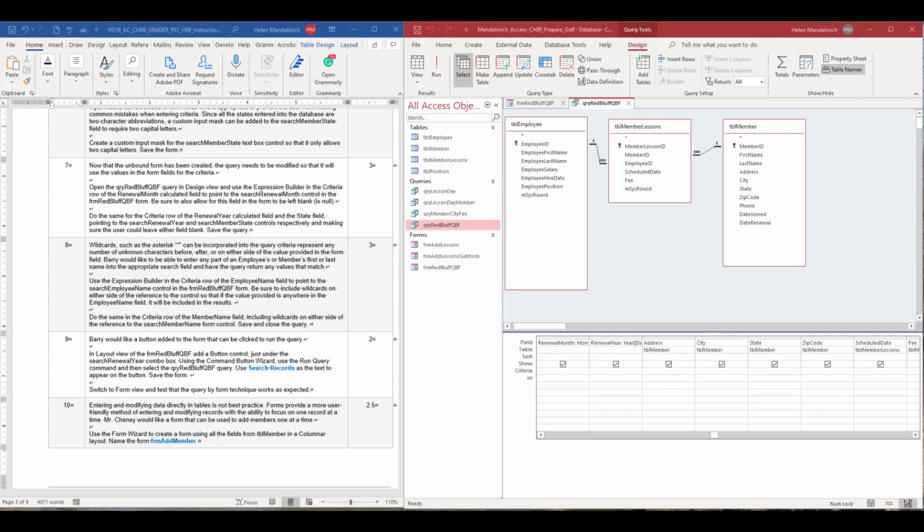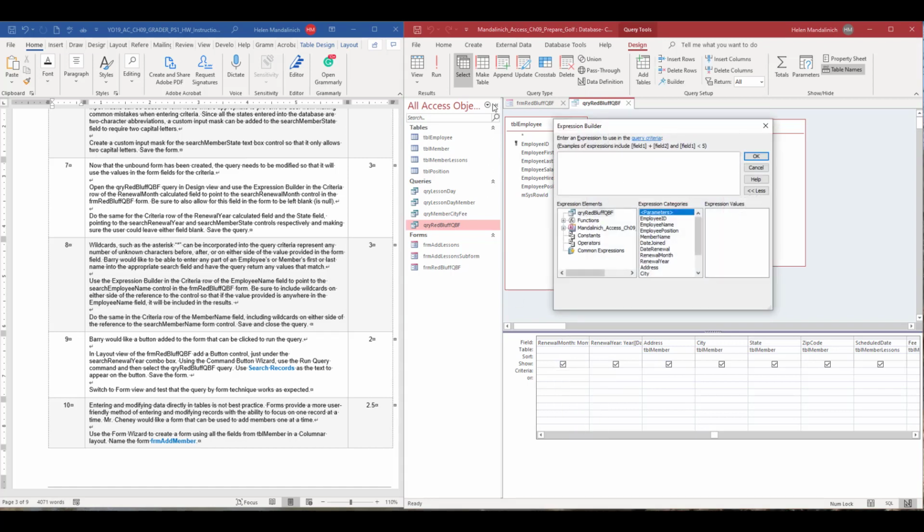So the first one that we're working on is this renewal month right here. So we're going to come down in this criteria. I'm going to right click and I'm going to use build. So once I use build, I am going to open up the